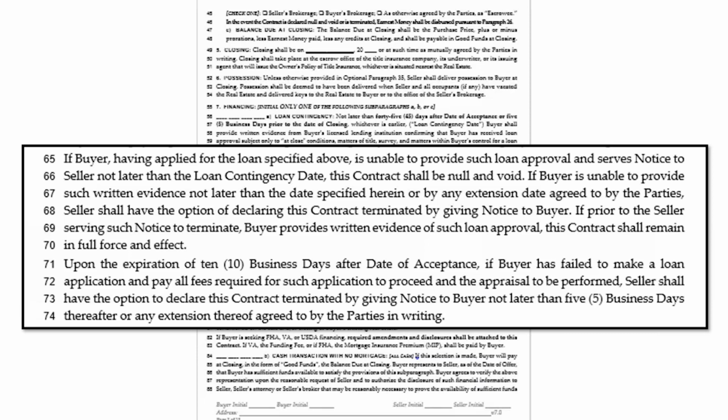Now, it goes on to say, so my buyer does not get his mortgage and it's day 45. He asks for an extension. Seller has not granted the extension. The seller and the seller's attorney are getting ready to send the letter to tell your buyer that the contract is now dead. So that's happening on day 46. And then on day 46, your buyer gets his mortgage commitment. If he can provide written evidence of his loan approval, then the contract's still in full force and effect if it is given prior to the notice to terminate. If the seller has already given the notice to terminate, then the contract is dead.